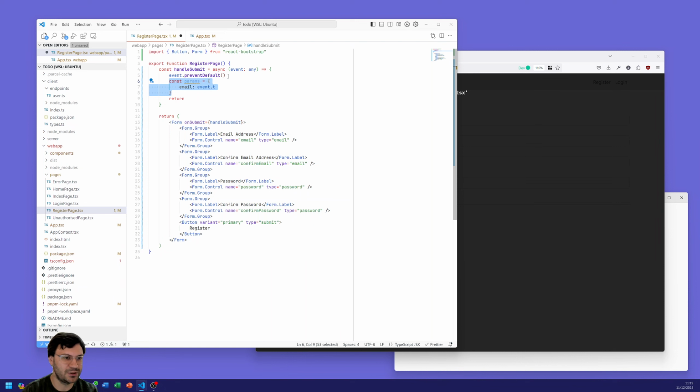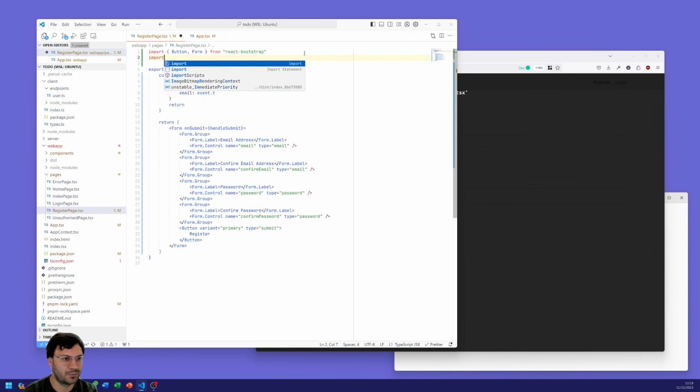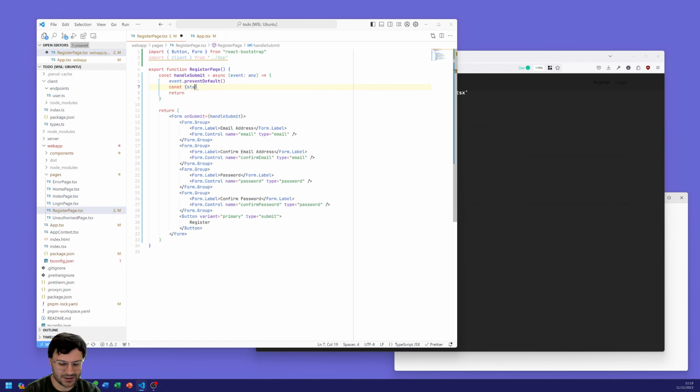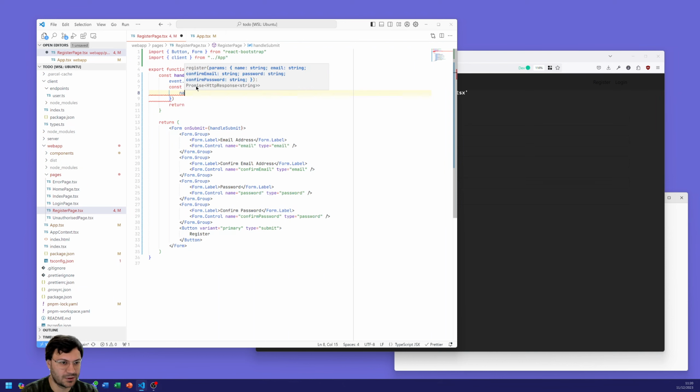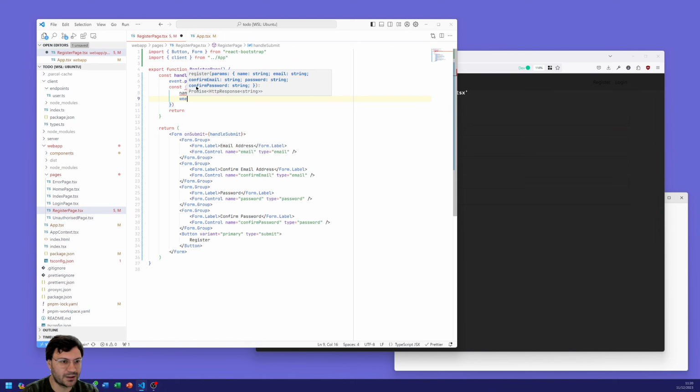and we use our typing to help us with it. So if we do import our client, import client in the app, there we go. Then we can do here straight away: let's get status context content equals client.user.register. So it's already creating our links to our functions, and here as you can see it's already hinting at what we need. So we need a name, we need an email,